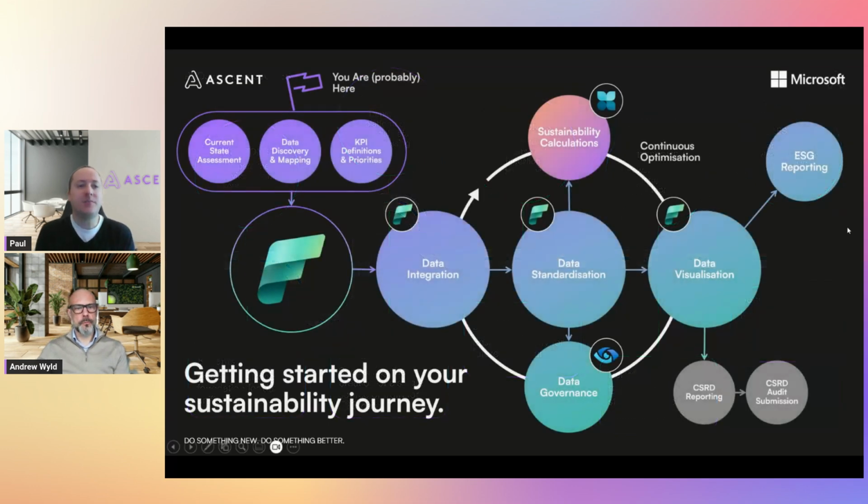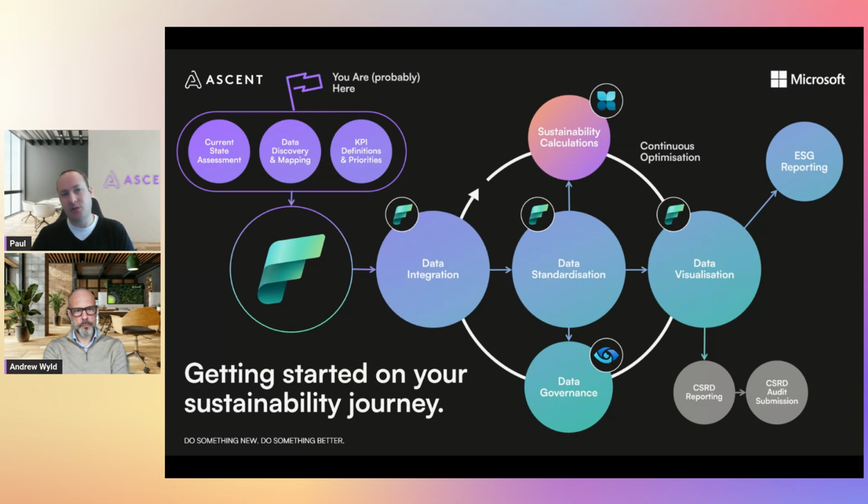So in terms of the sustainability journey itself, I've covered it a little bit with that customer journey, but I just wanted to reiterate it as a user journey on this screen here. Now, to Andrew's point, you're probably somewhere in that top left, and a lot of businesses are collecting that data in Excel. It's quite manual today. They're having to speak to a lot of different people across the business and collect that data. That may or may not be where you are, but that's typically what we see in a lot of the customers that we speak to.